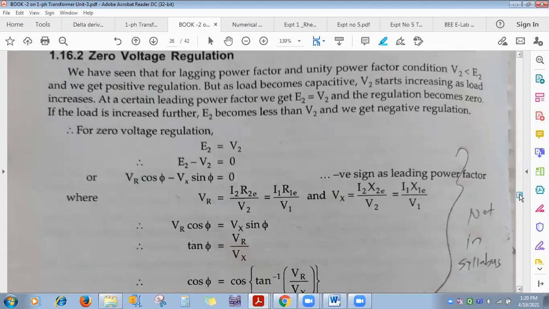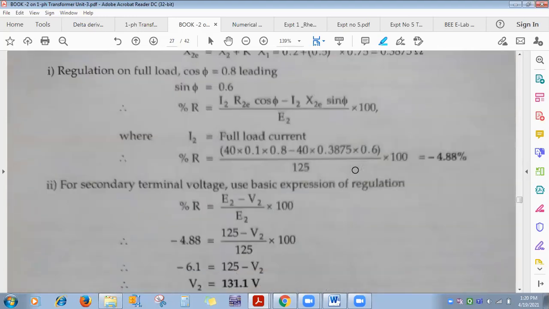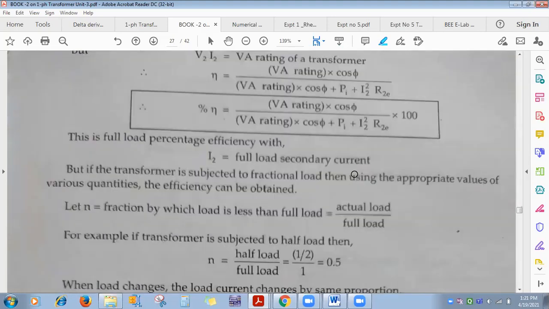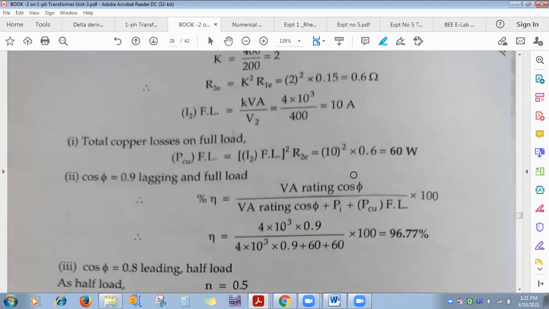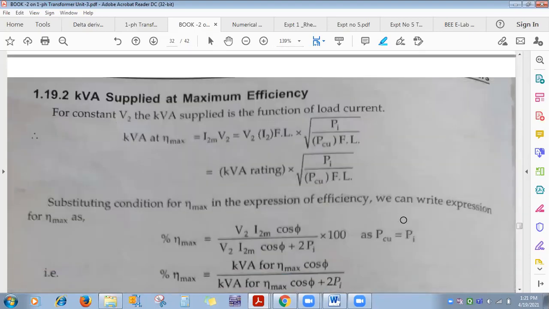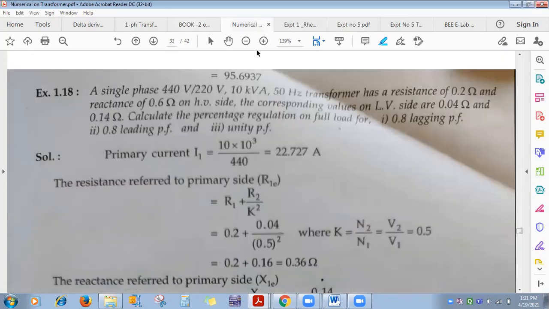See, this one part is not there. Whatever material I forwarded to you, in it the phasor diagram of transformers is also drawn. Don't do the phasor diagram of transformer. That is not there in your syllabus. Okay. So voltage regulation, see here. We'll see the numerical on voltage regulation using that formula, and the second and third formulas. First one I will show you first.